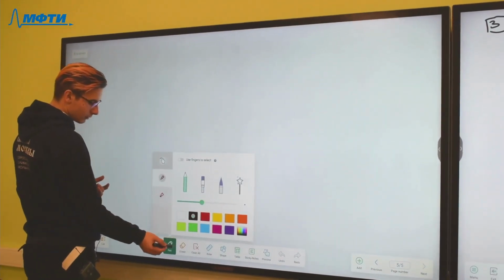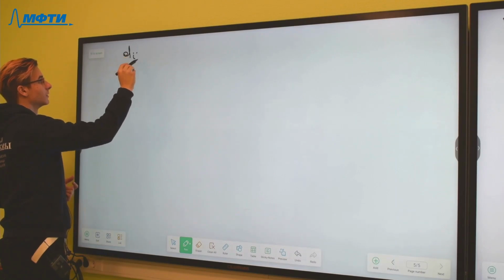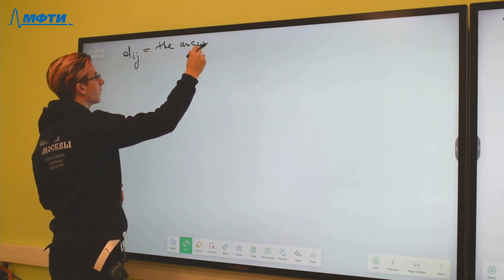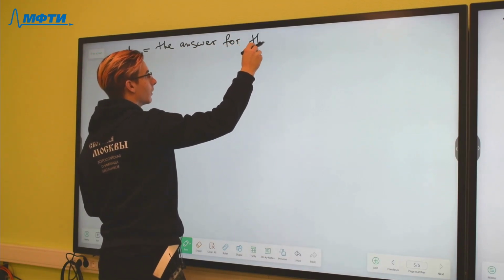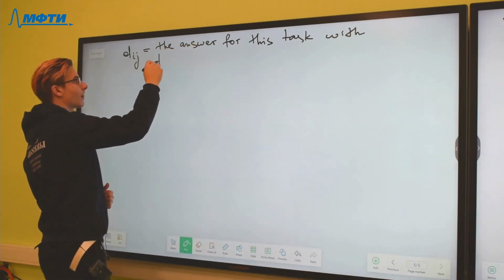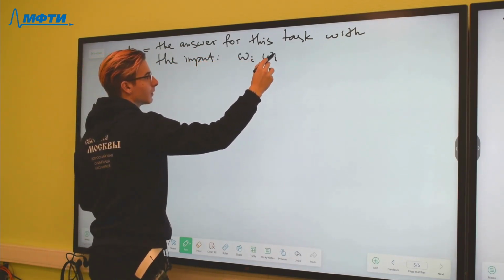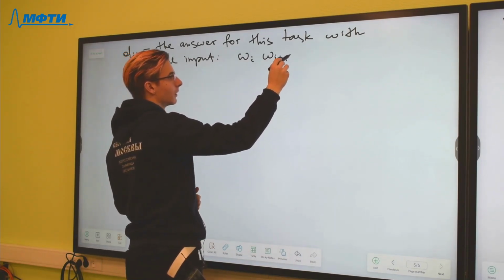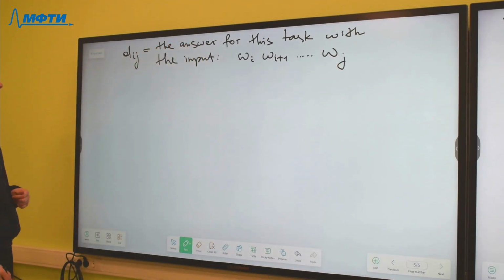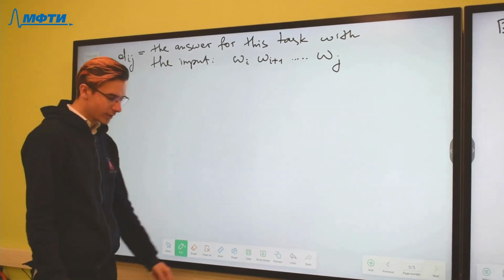For example, we can say that D[E][G] is the answer of this task with the input having W with index E and W with index G. And then, for example, if you want to find a palindrome from E to G,